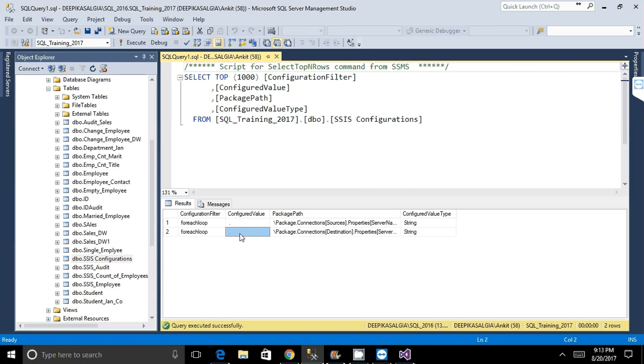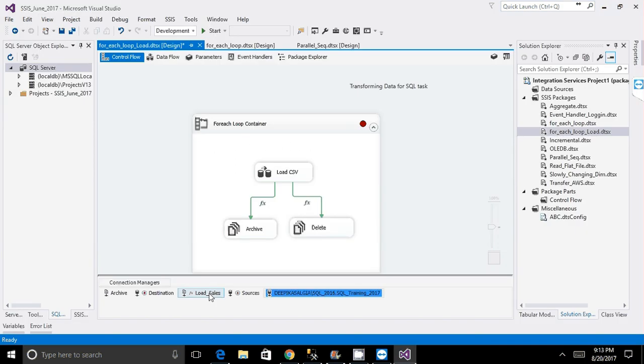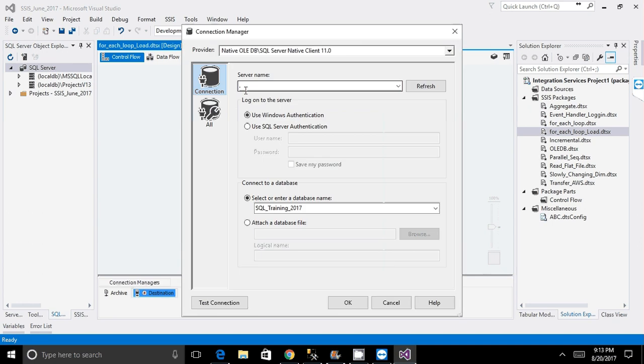Where is this dot coming from? The dot is basically your server name. How does it get the dot? Because in my configuration manager the source and the destination server names are dot. So if I open my configuration destination, see it's a dot. If I put the server name dot, it means it's a local server. So if I have any server name, if I put that server name in here,